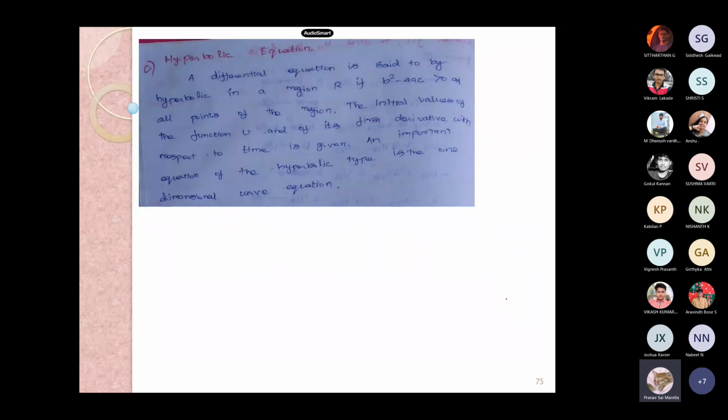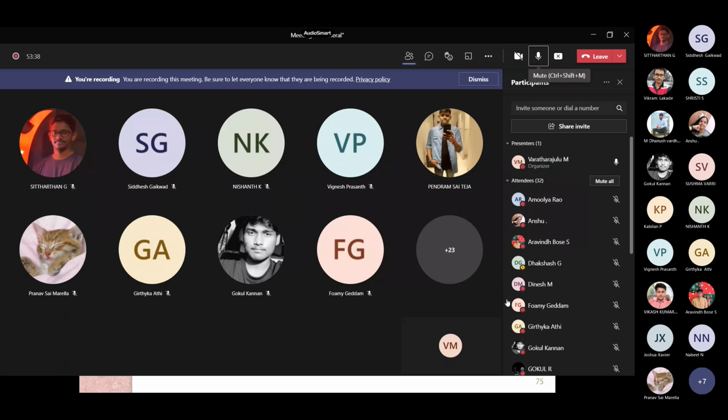Yes, fine. And before starting with these hyperbolic equations, I think in one particular class I detailed about the various elastic constants. I think you try to crack the difference between E, G, and K. What is E? What is G? And what is K? I think even one fellow detailed about these things. What is E? What is G? And what is K? Concerning mechanics or strength of materials.